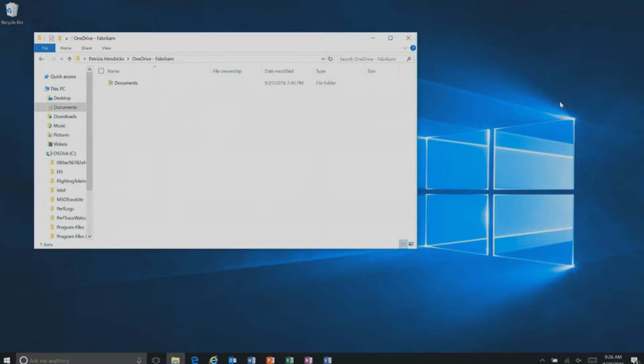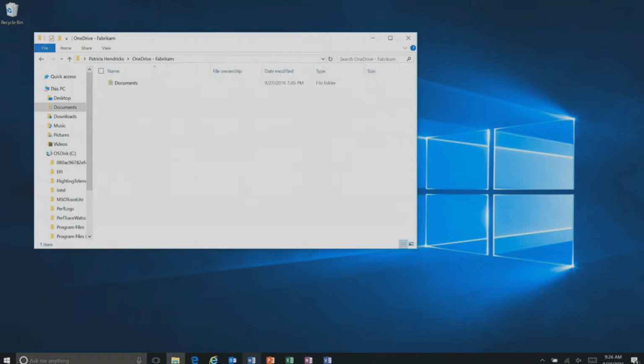The first thing I'm going to do is, talking to a lot of you, honestly, a lot of you like to engage with your users through email. So I'm going to show you an easy way that you can have a one-click method for your users to launch the OneDrive setup wizard. Let me show you.